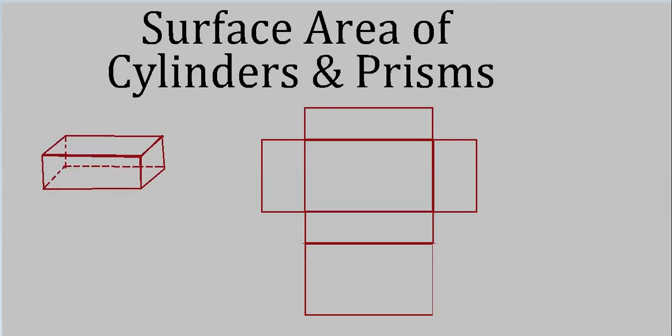Hello. Today we'll talk about the surface areas of cylinders and prisms. This, remember, is a prism. We have these two congruent rectangles that form parallel faces, and I'm pointing to these two. In the case of this box-like thing, there's quite a few rectangles which are congruent and parallel. I just picked these two, here and here.